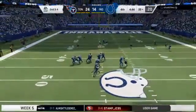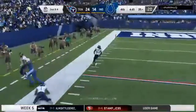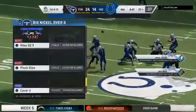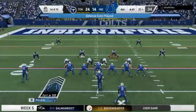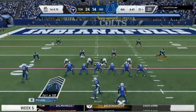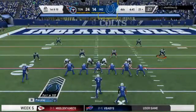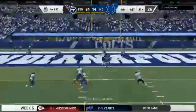From the 39, Brissett. This complete to Jones. Good yardage there for the Colts. 18 and a first down. And he's top 5 in the league in terms of receiving yardage because of plays like that. What have you seen from him on film that you like so much? Well, I'll strip away everything else and get to what we call the moment of truth. When the ball's arriving and there's a defender there, he just comes down with the...